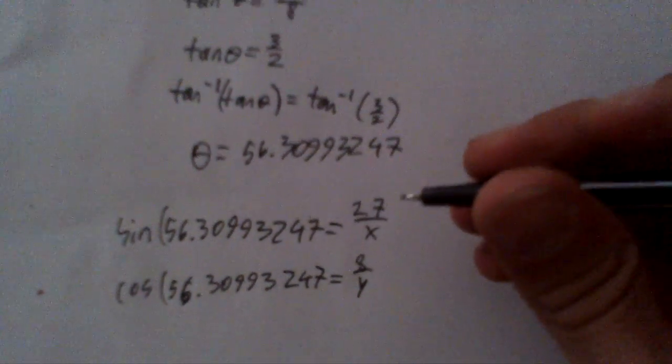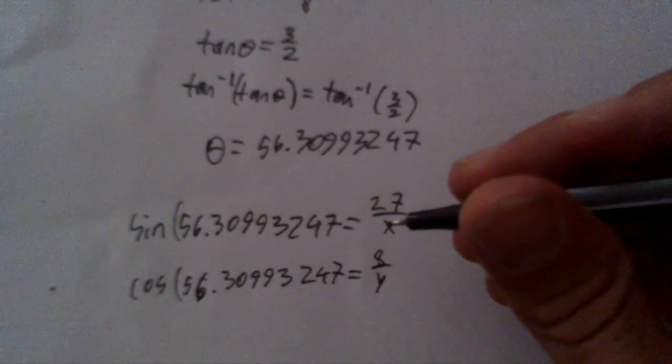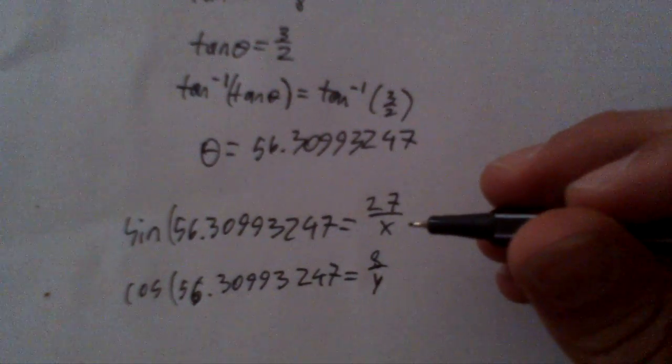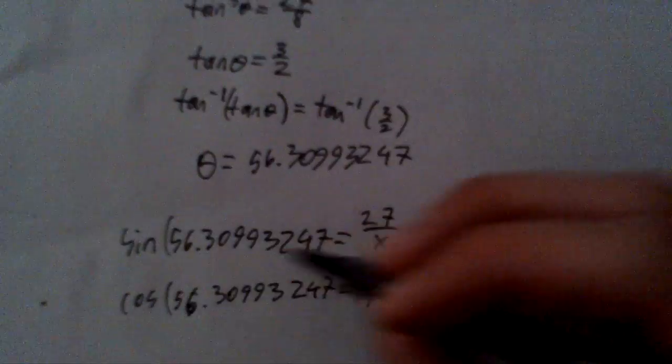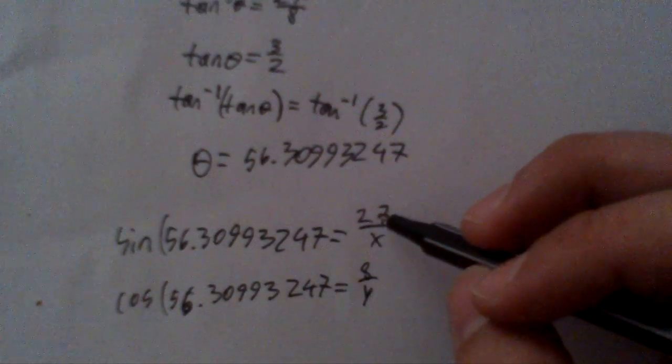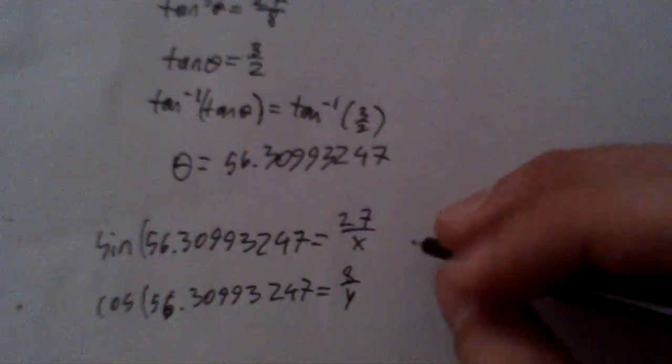Now, I already did this, so let's see. That means that if we solve this and then divide 27 by this answer, we would get